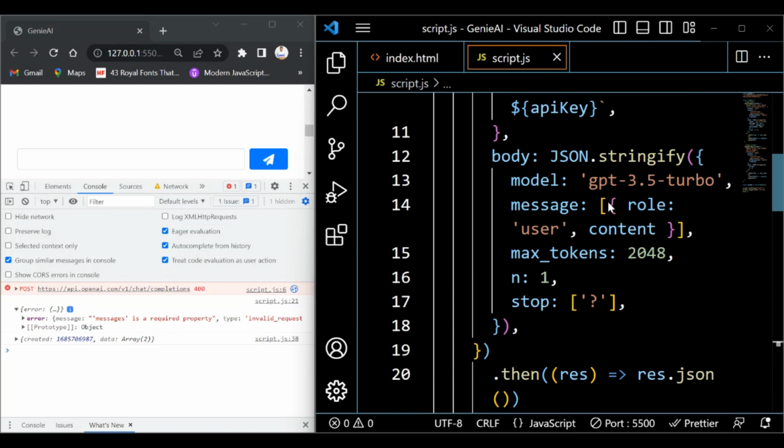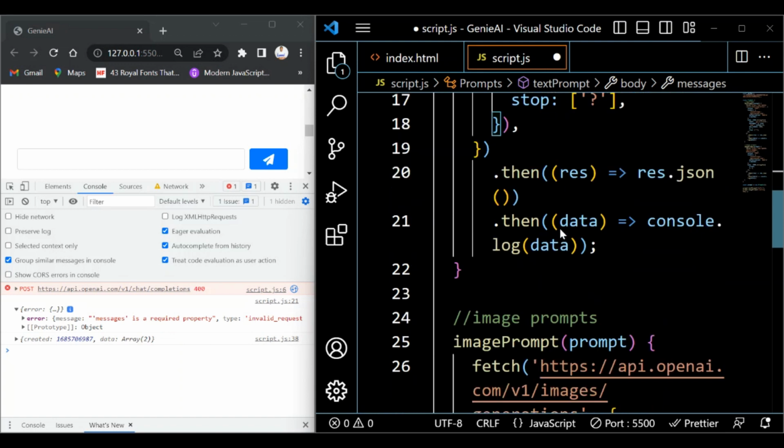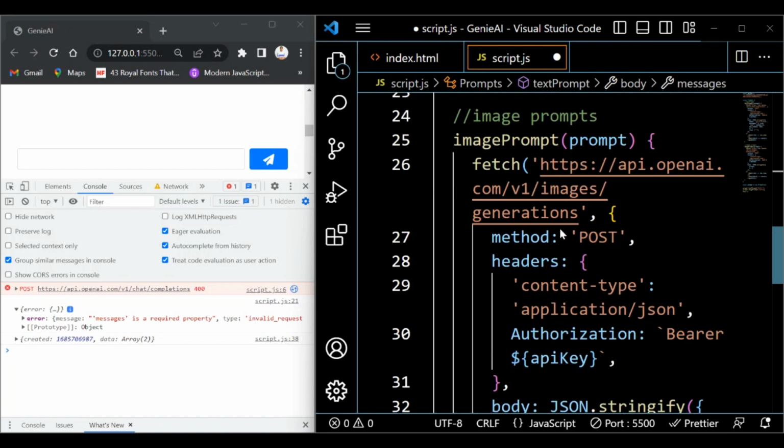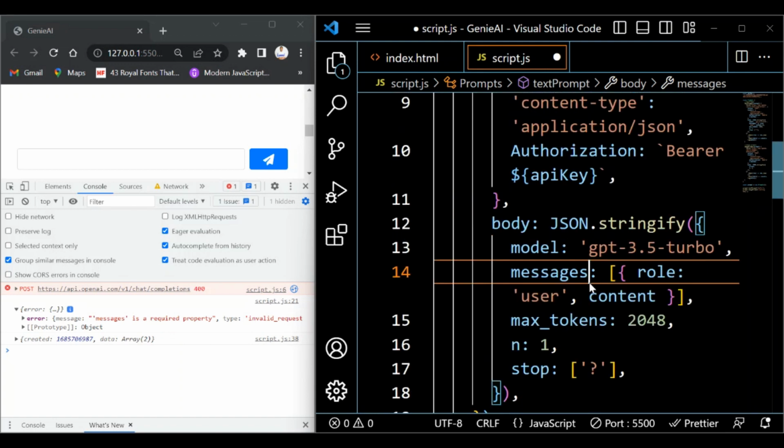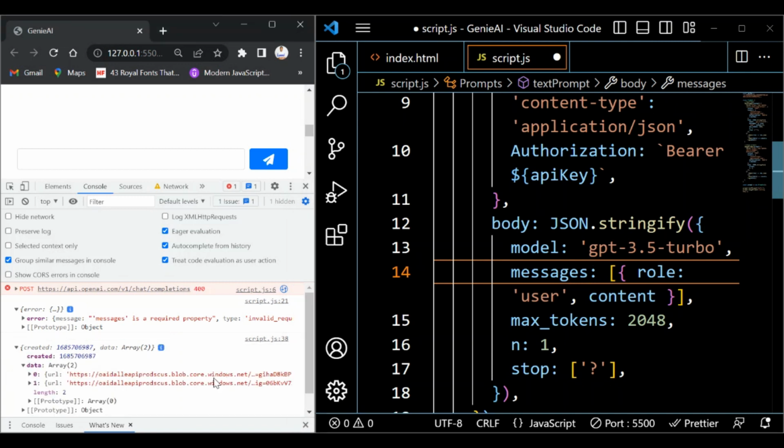Oh, this should be messages, not message. So this is supposed to be messages. So you want to make sure you add that, it's in their API documentation. But you see, we have the images. So this is the URL for